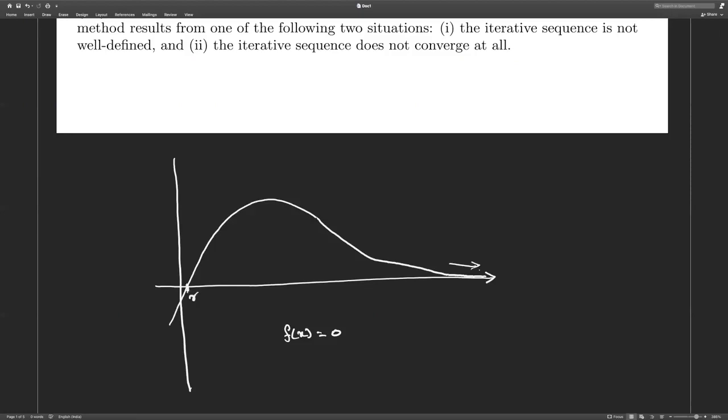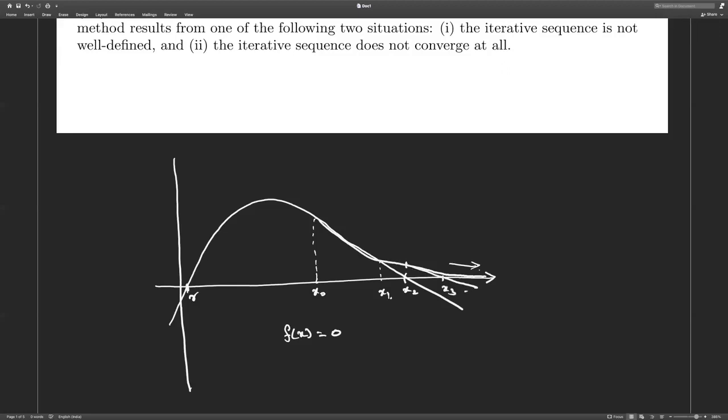And if you start your iteration with x naught somewhere here and x1 somewhere here, then your x2 will be somewhere here, and x3 will be obtained by joining these 2 points, and that will go here,